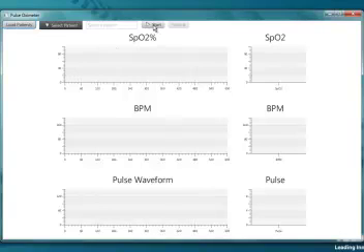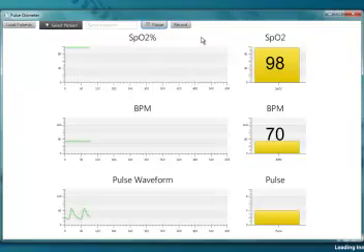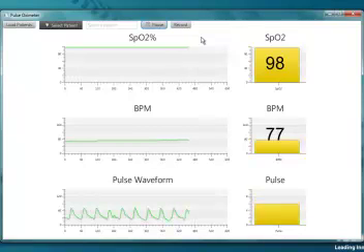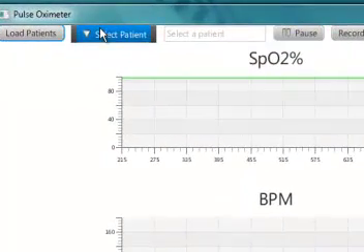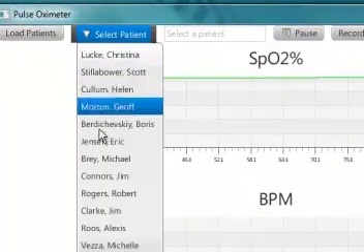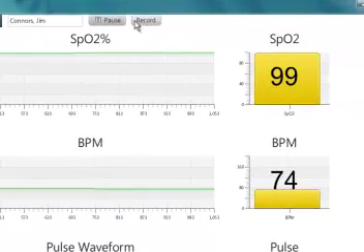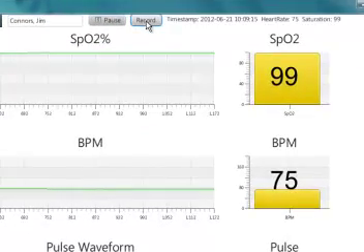So we'll go ahead and start that reading now. And you can see that we're collecting that data real time. What we'd like to do now is get a snapshot of this recording and store it in the database. So the first thing we'll do is we'll load the patients from the patient database. We'll select one, and now we'll record that information.